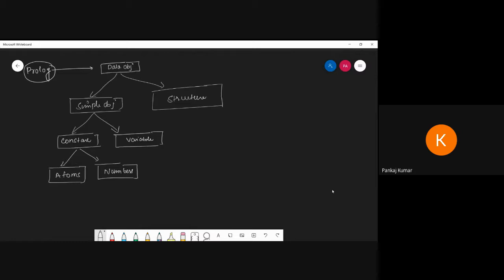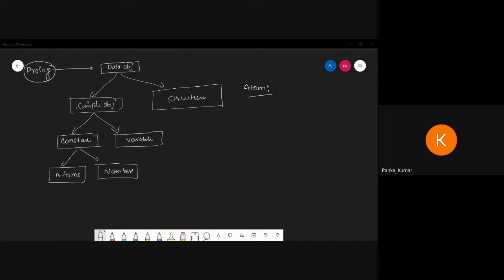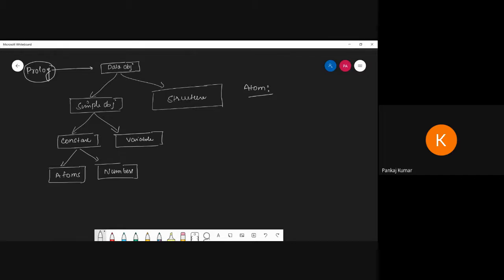Now see here, how do we define the atom? That is important. So for atoms, we can say that they can be used for a name or object. These are the important things, and there are a few rules to define them.